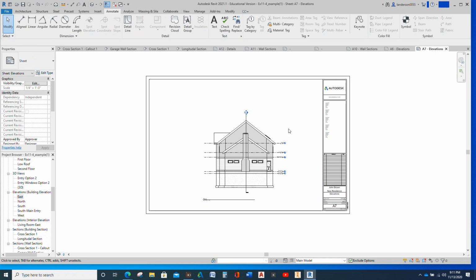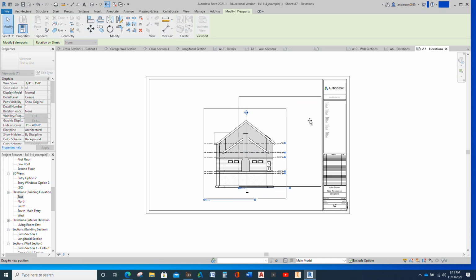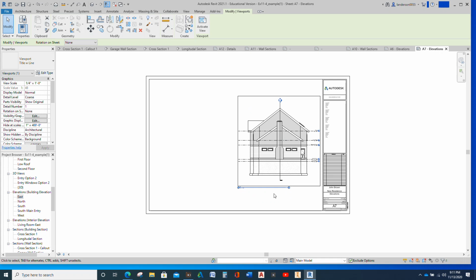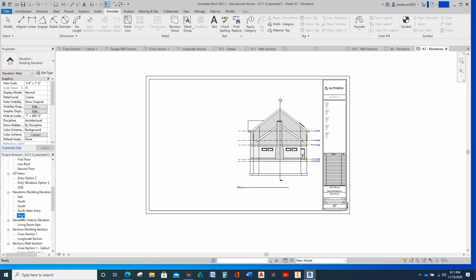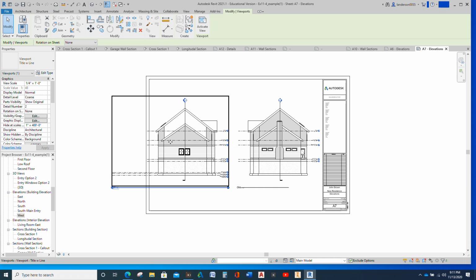It doesn't have to be underneath the whole thing. Some people like it that way. Some people don't. I'm totally open to whatever you like. So there's the east. Let's grab the west. We'll line it up. See how that dashed line? That tells me I'm right in line. Okay? So,